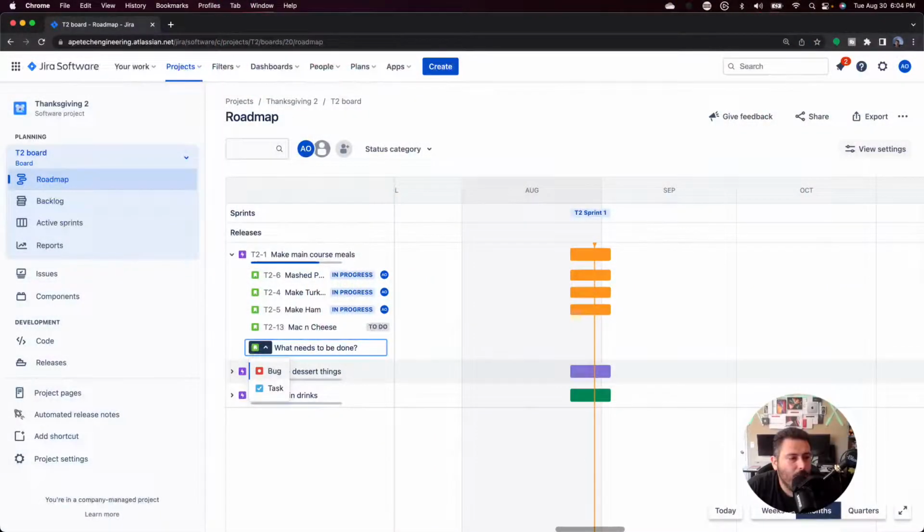This is really all I need. If I'm just practicing a very small, very agile, very scrum team, and I just want a little bit of an enhanced visual of timelines and stuff, right? Because also keep in mind that start dates and due dates aren't really an agile thing. The start of the sprint and the end of the sprint is really your start and end date, which if you look at this roadmap here, you can see that it's very indicative, because you can see that this T2 sprint 1 is defining my boundaries for that start date and that end